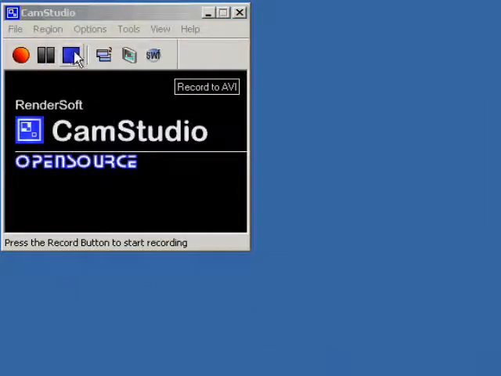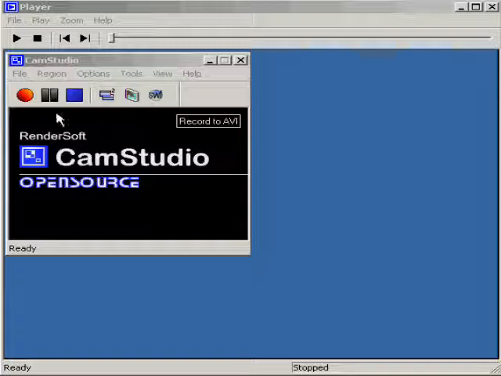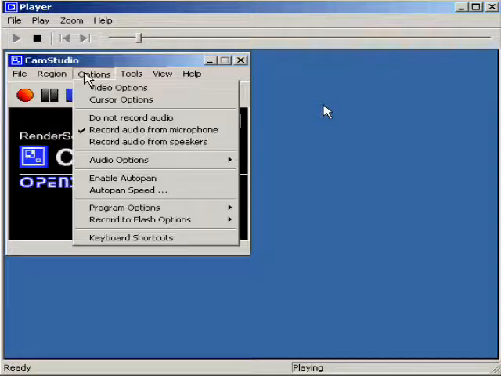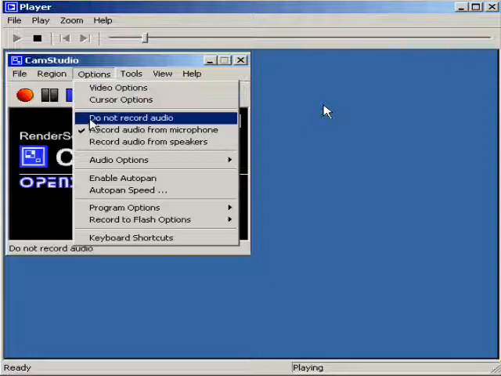Having created the file, I'll press stop, and having stopped, I'll get a window showing me the file is being compressed for me. Once the file is compressed, it'll open in a player so that we can actually play it. You might even be able to hear my voice. It's certainly showing me how this capture worked, and I can make a judgment whether that's what I want to